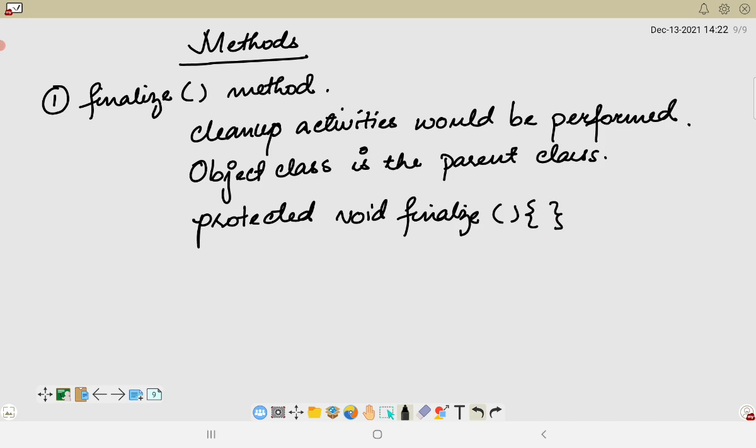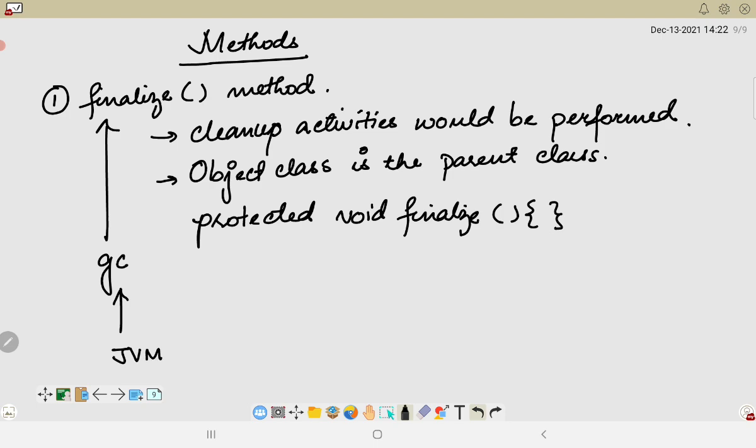Basically this finalize method is called by the garbage collector. It is not called by the JVM, it is called by the garbage collector, but indirectly you can consider that this is basically a part of JVM only, because the garbage collector is a part of JVM.